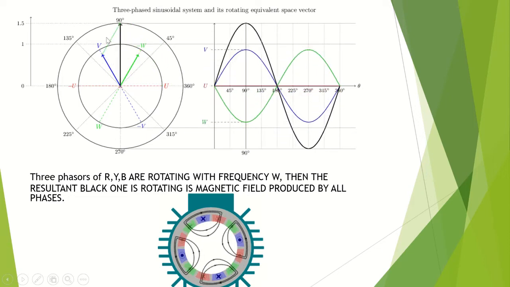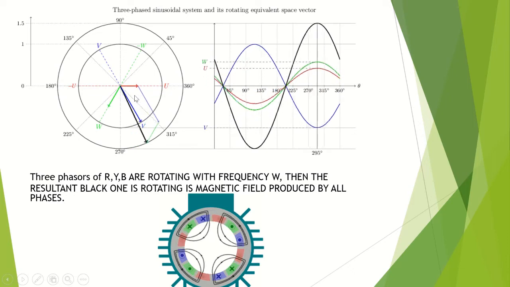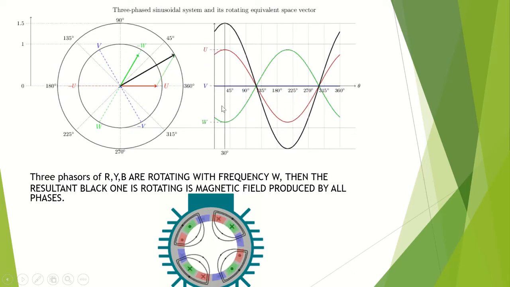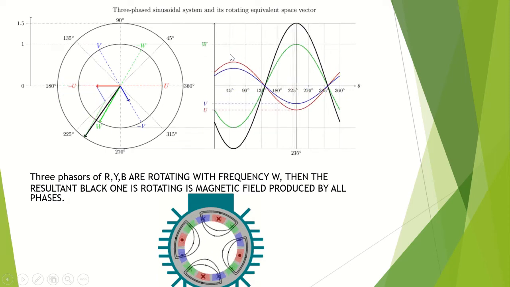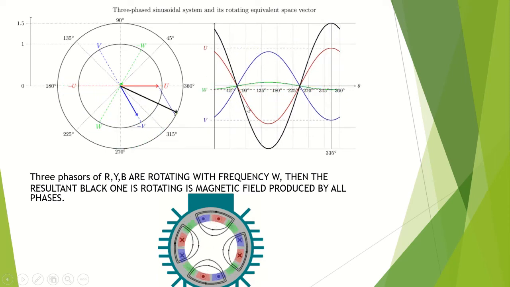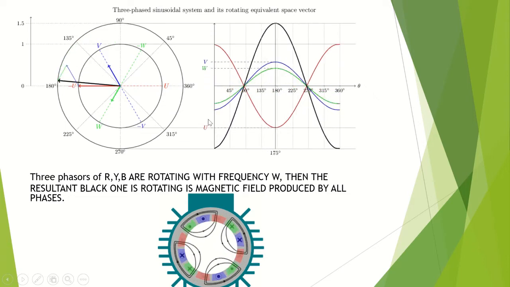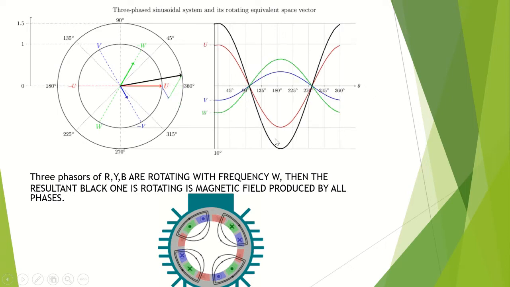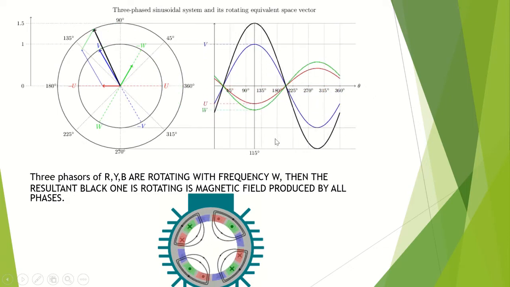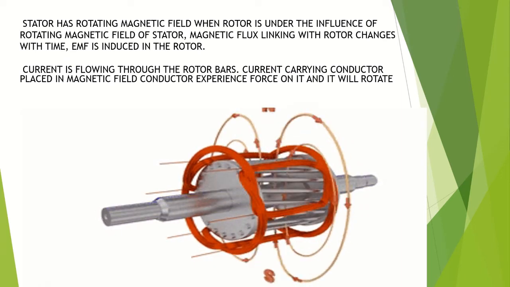This is called the rotating magnetic field created by these three vectors A, B, C. You can see the animation here. Three sinusoids are continuously changing, and one sinusoid is moving. The black one is moving in the space. So, when the rotating magnetic field